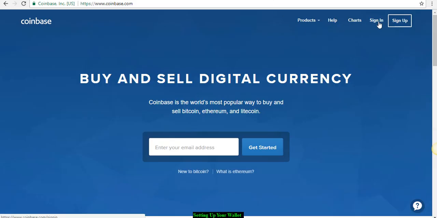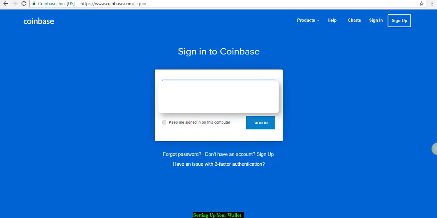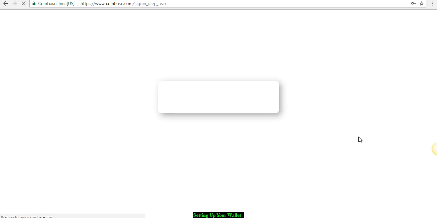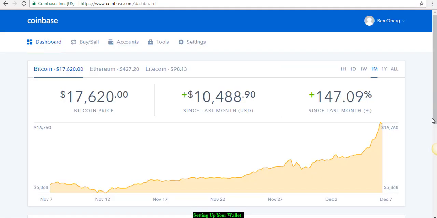So Coinbase, I'm going to sign in, and you will see it requires an email and a password for me to type in here. So I will type in my email. That is with this one, gmail.com, and password. And then it's going to tell me that I need my Google Authenticator. I already know it, so I'm going to open up my Authenticator on my phone, and it says Coinbase 396474. Verify. So now we're inside Coinbase, which once again, this is for the United States, Canada, and the